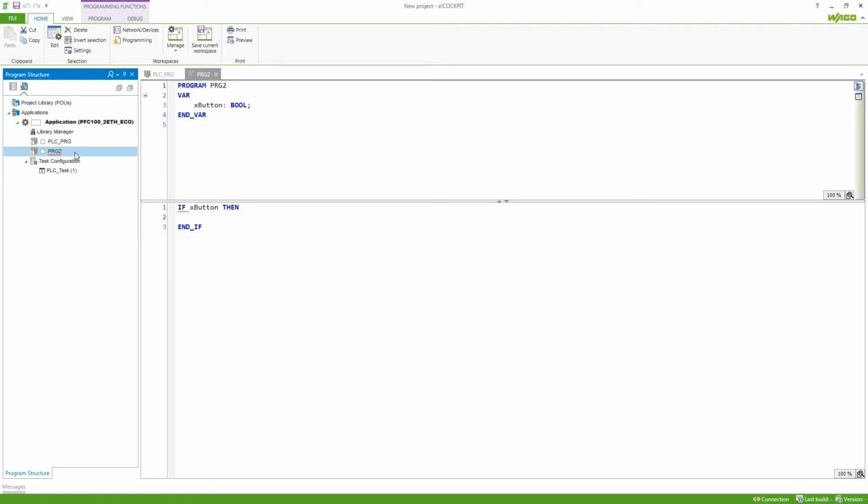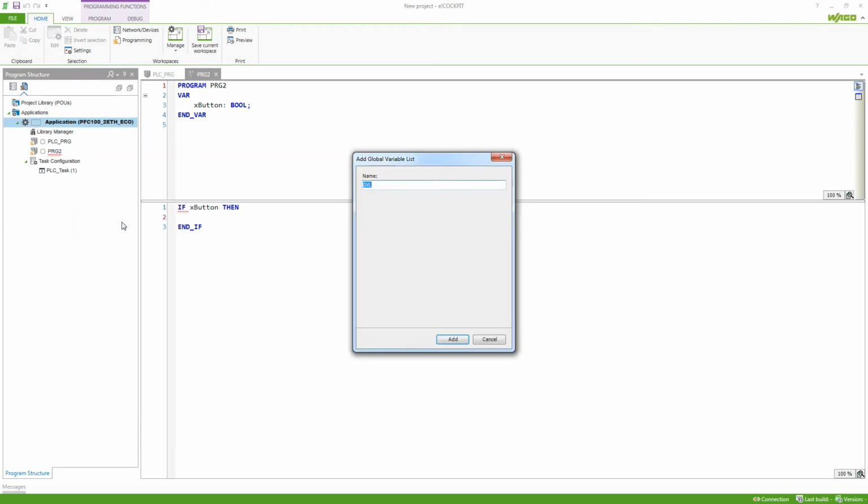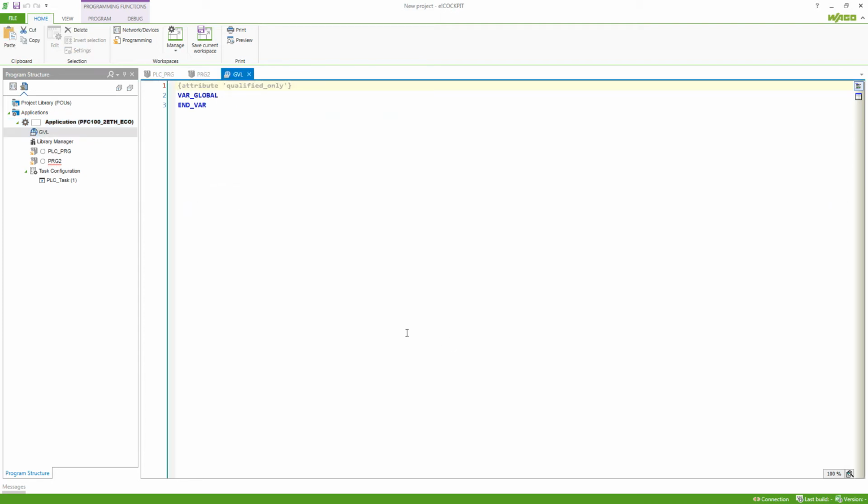In order to do this, I need a global variable list. So I do a right click on my application and add a global variable list. I can define a name and then add it to my application. This variable list is just like the variables in my program, just that they can be used globally. So here I will create the same variable, xAlarm, type bool,